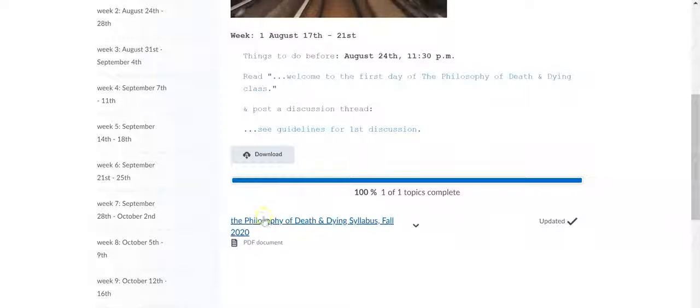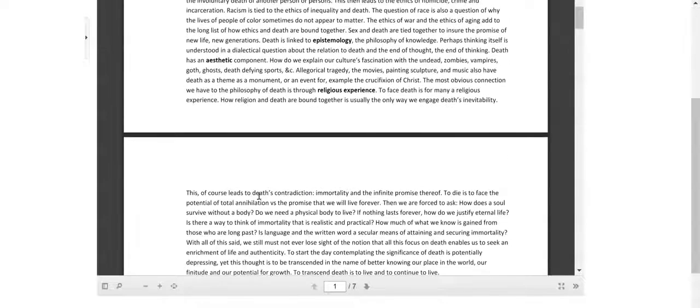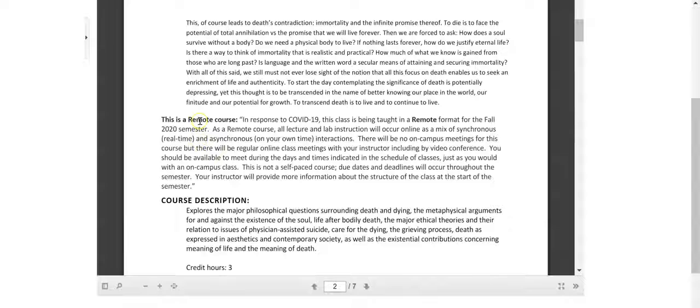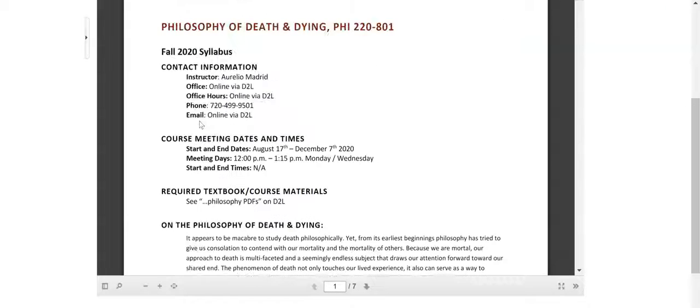And notice that down here, that's where we have the syllabus, okay? And so the syllabus too has some stuff on it that I did not point out in the video. One thing is the notes on this being a remote course. So we are planning to have a class meeting, a Zoom meeting every Monday at 12 to 1:15 p.m. It might not last that long, but at least it will be starting every Monday at noon.